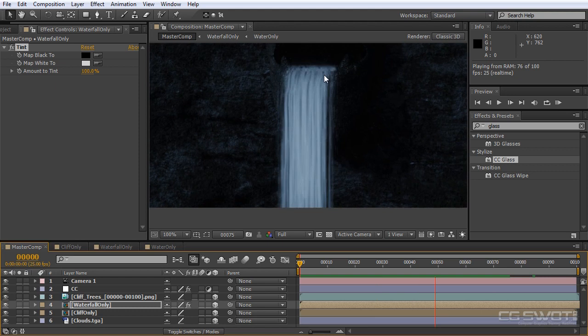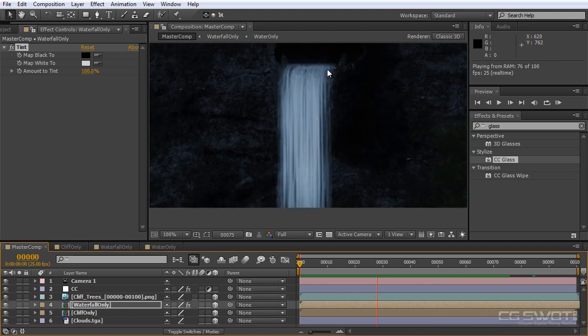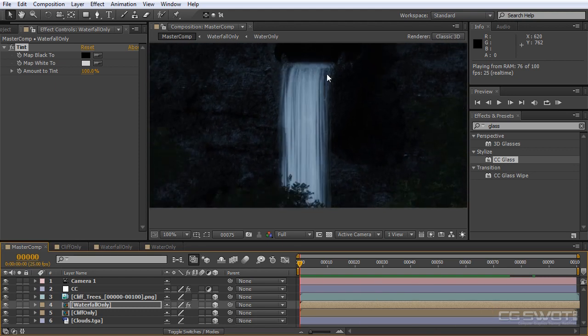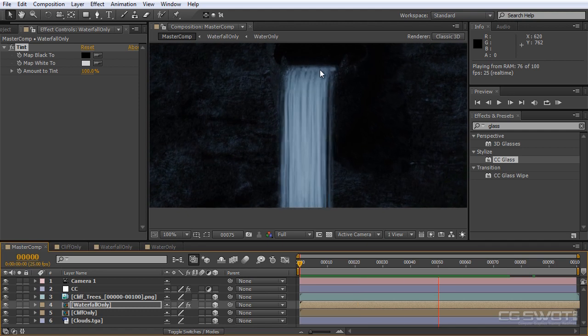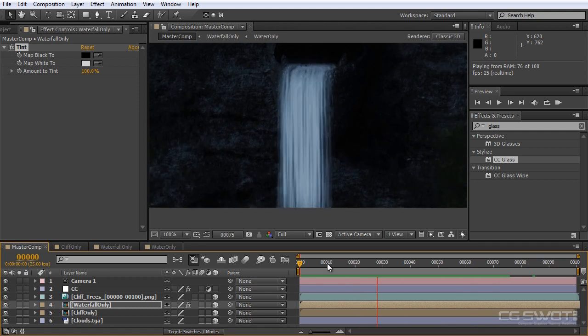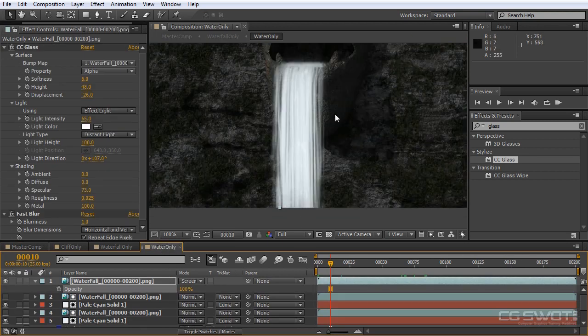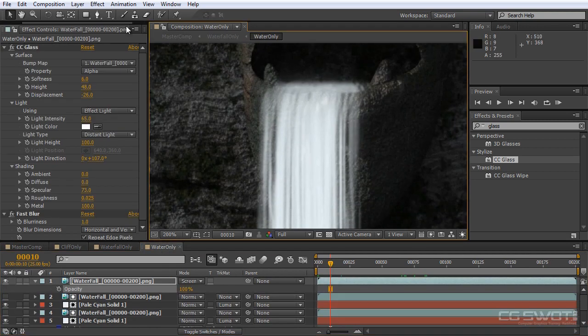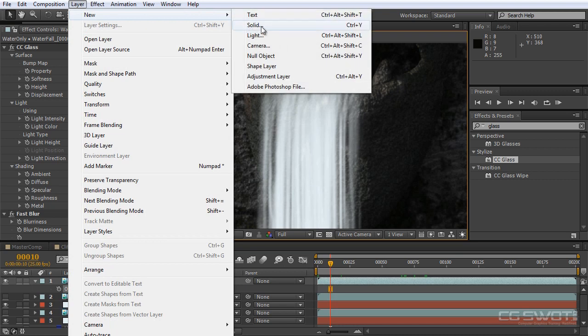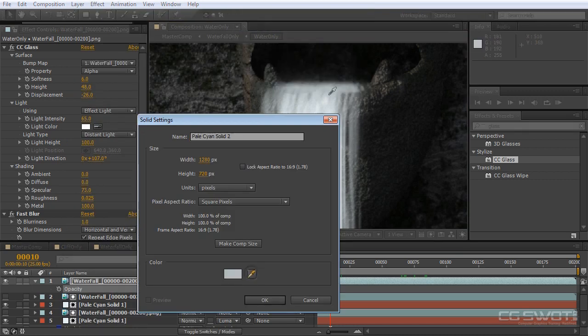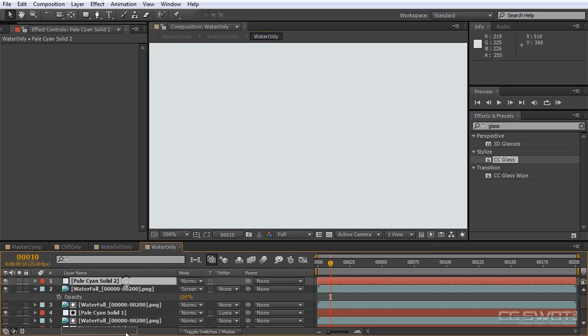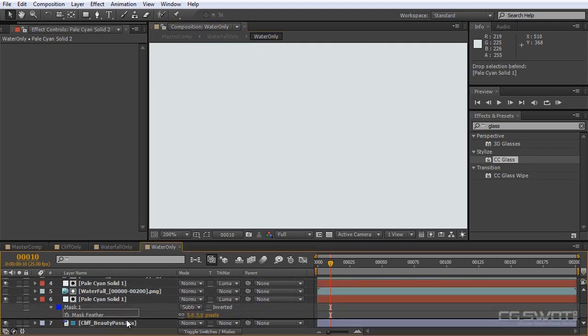I'm just picking up a bit of a hard lip on the geometry for the face, and I just want to get rid of that, and then I think we're fine. So just in the water only, I'm just going to come in here. I'm going to create a new solid, layer, new solid. I'm going to just pick the watercolor here, and I'm going to drag it all the way down underneath our waterfall,